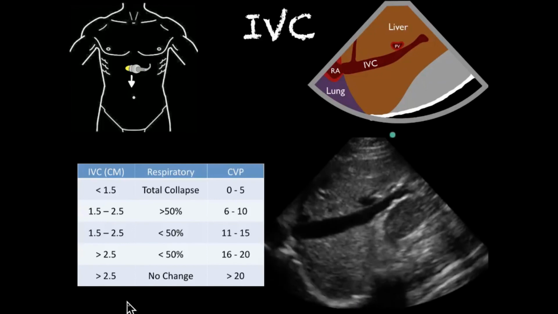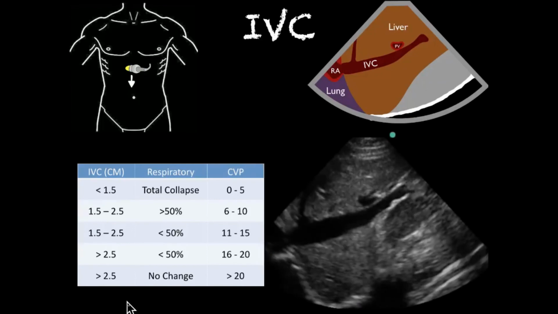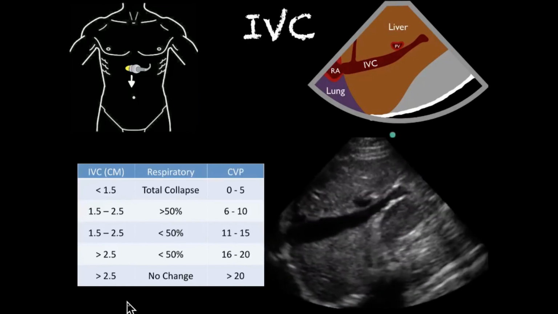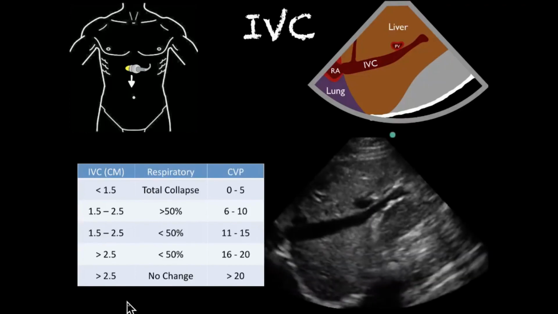Now, some of you may be calculating a collapsibility index, and that's great. And for the aspects of this lecture, we're just talking about variation and how that